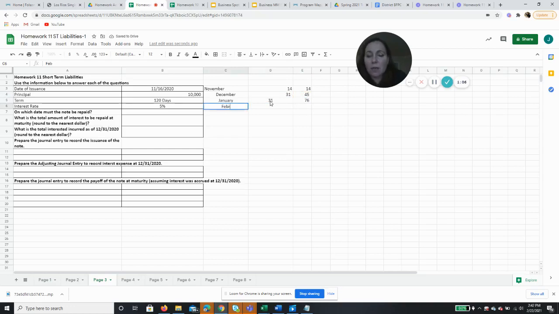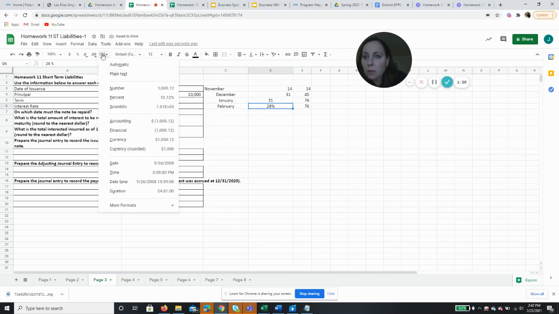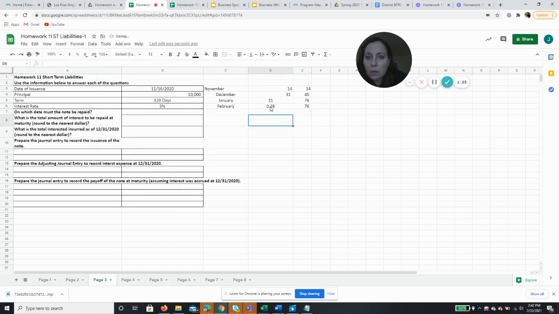And in February, not a leap year in 2021, so that'll be 28 days. And it will be outstanding as of the end of February for 104 days. So in March, we only need another 16 days. So after on March 16th, our note will have been outstanding for 120 days. So we must repay this note on March 16th,